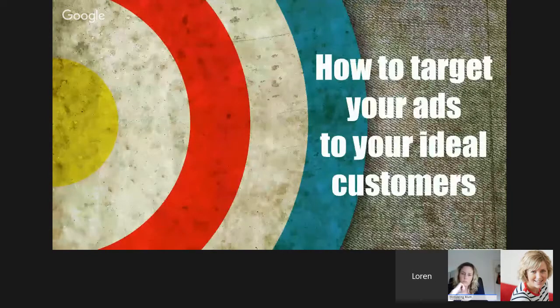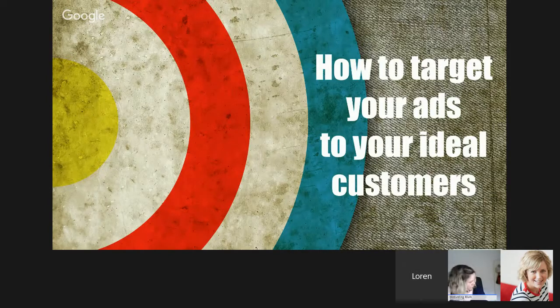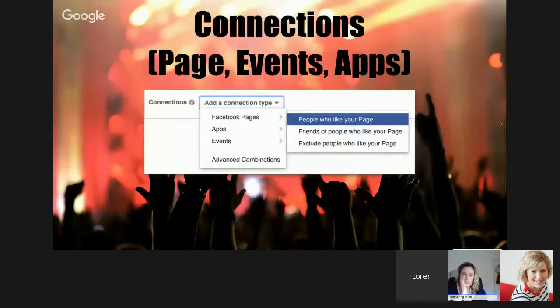So I mentioned before that we really need to target our ads to our ideal customers. This, to me, is the most important part of Facebook advertising. So if you haven't done any form of customer avatar exercise before, where you've actually sat down and said, who is my ideal customer? What are their demographics? What are their behaviours? What is their psychographic information? And what do they do? What are their interests? If you haven't looked at that kind of stuff, you really need to do that in your business, because then Facebook's going to allow you to find those people, which is just absolute gold.